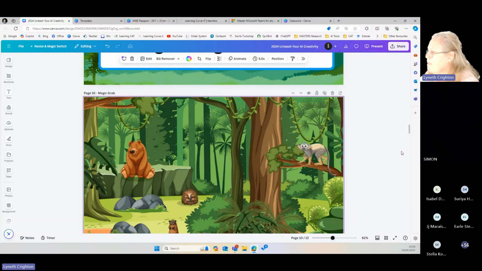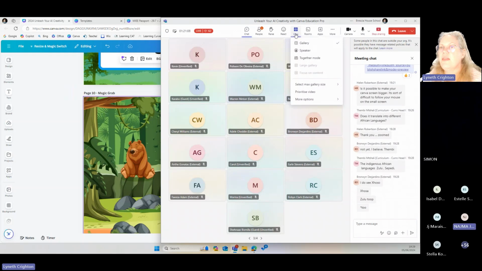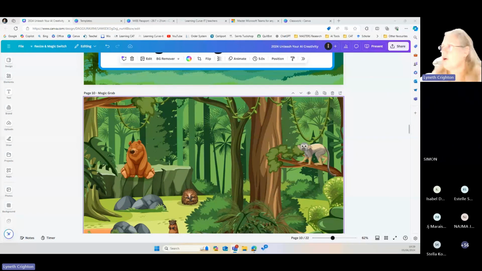Hi, for those people who are not able to view the full screen, if they go to view, it says focus on content. If you click that, it takes away your image and any other images. It only focuses on the big screen. Thank you for that. I can't see who's talking, so thank you very much to whoever was talking. Yes, I don't see it because I'm sharing, but under view, you choose this button, focus on content. Mine's grayed out. Okay, so thank you for that.